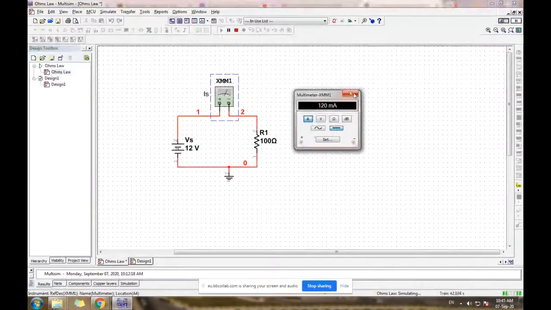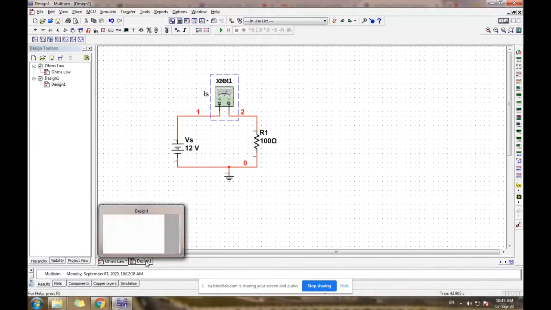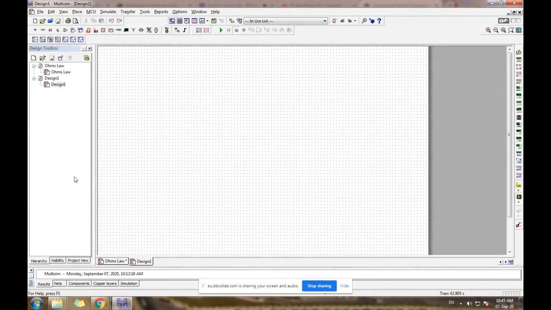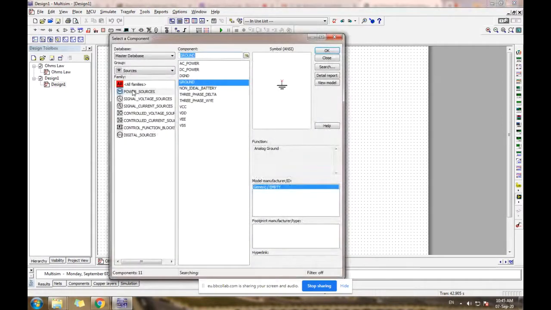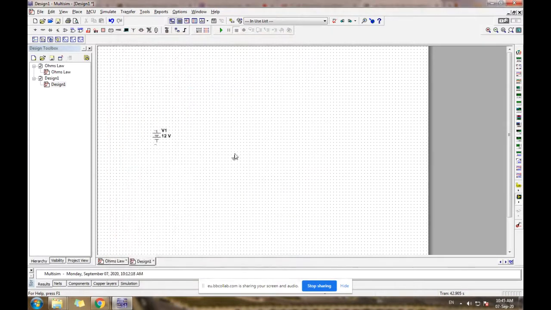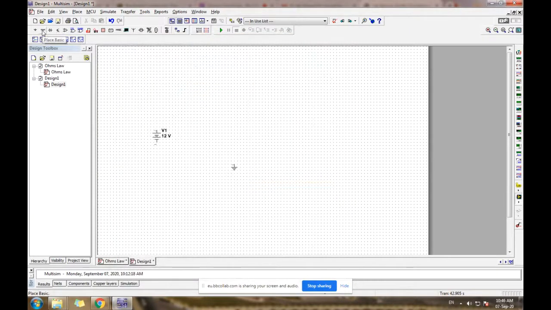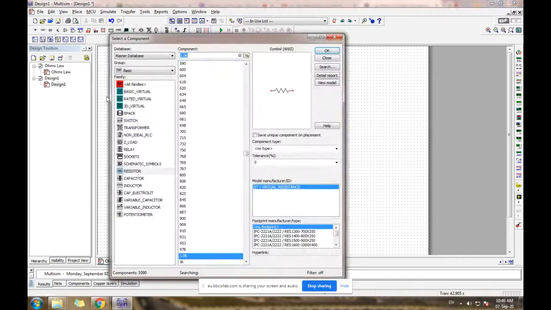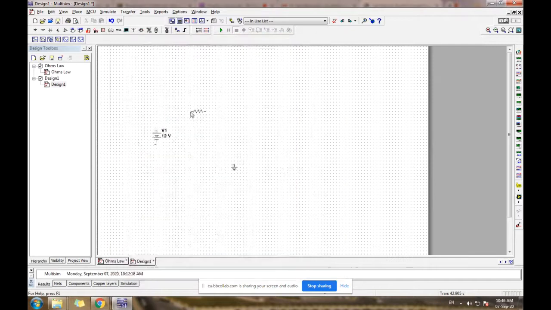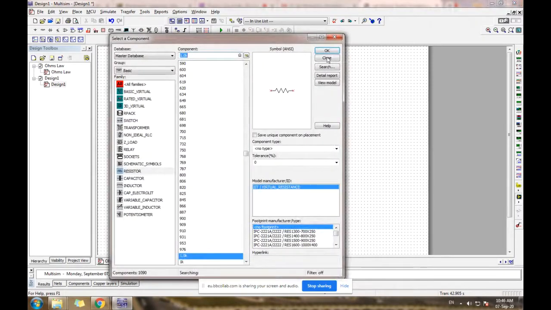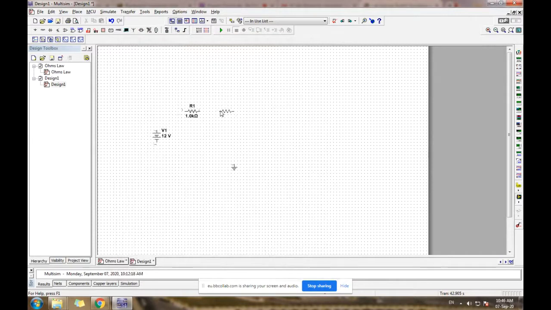So this is design 2, design 1, another design. We have to select the components. The voltage from the source: place source, power source, DC power. This is one. Okay. You have to select ground. This is another. Then you have to select a resistor. How to select the resistor? From the place basic, click this, select the resistor. You can select any value, 1 kilo ohm for example. You can place it here. How many resistors do we require? 3 resistors. So place 3 resistors.